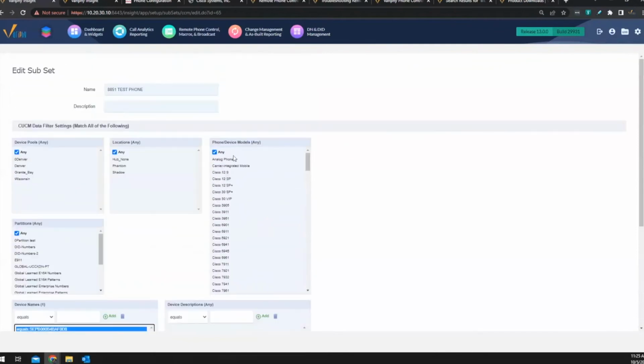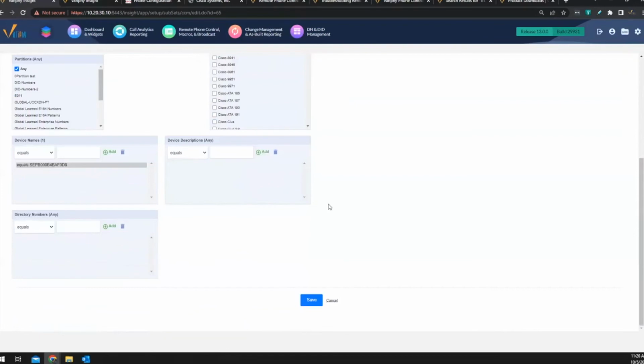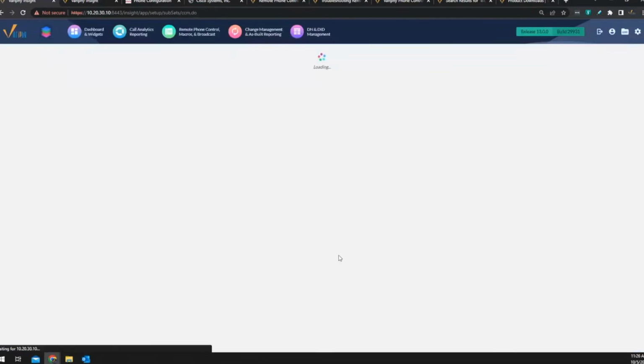If you want to do it for a specific model number, 8851 in this case, you can just scroll down to 8851 and check that one. And if you don't have any phones specified down here, it's basically going to try to blast that to every 8851 in your cluster, which is what you want to do if you're trying to do an update on 8851s after hours. But I don't recommend doing it during production, obviously, because you're going to have a bunch of users calling and freaking out that their phones are rebooting and things like that. You don't really want that. So what you can do is schedule it for after hours. Let me cancel out of here.